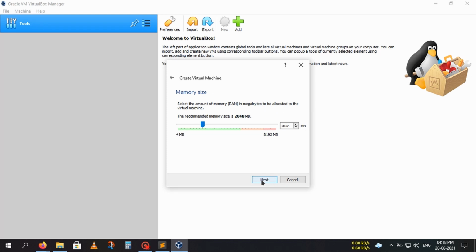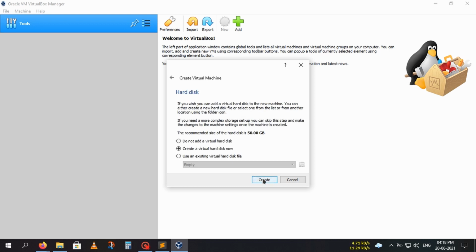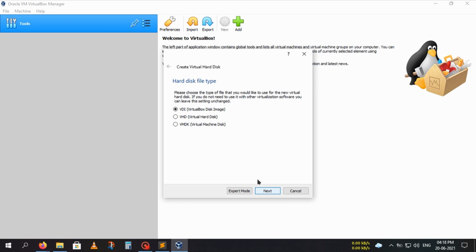Click on next. Now here we need to assign some RAM which this OS can utilize. So I have 8 GB installed in my system, so I will provide around 4 GB, 4096 MB. Click on next. Create a virtual hard disk now. By default option, click on create.